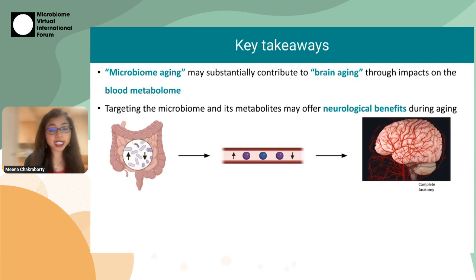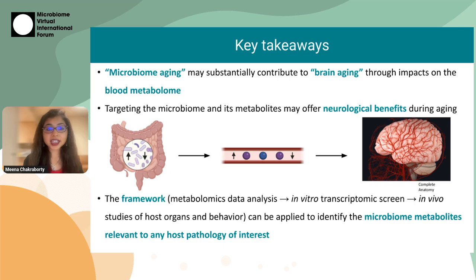So the key takeaways here are that microbiome aging might substantially contribute to brain aging through impacts on the blood metabolome, and therefore that targeting the microbiome and its metabolites may offer neurological benefits during aging. Finally, the framework we describe, starting from metabolomics data analysis, going to an in vitro transcriptomic screen, and concluding with in vivo studies of host organs and behavior, can be applied to identify the microbiome metabolites relevant to any host pathology of